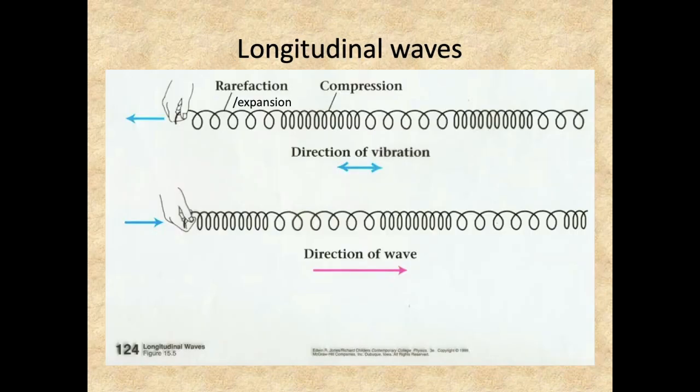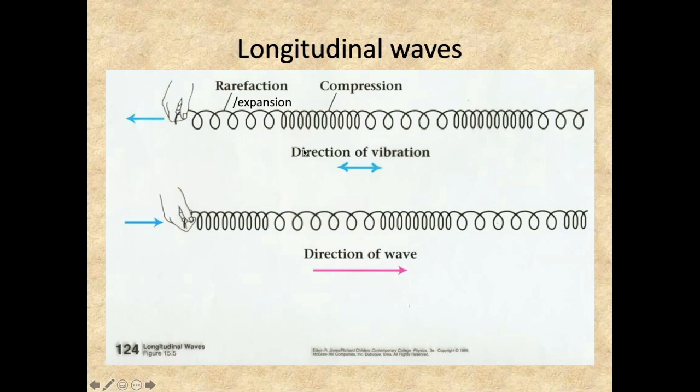Let's see how longitudinal waves are labeled. Remember, for transverse waves we had crests and troughs. Well, for longitudinal waves we have compressions and we have rarefactions, in other words expansions. So you're going to see where a slinky is more compressed and regions where it has expanded. Another region where it's compressed, another region where it's expanded, just like crests or troughs of transverse waves. Now, in this case, the direction of the wave is to the right,